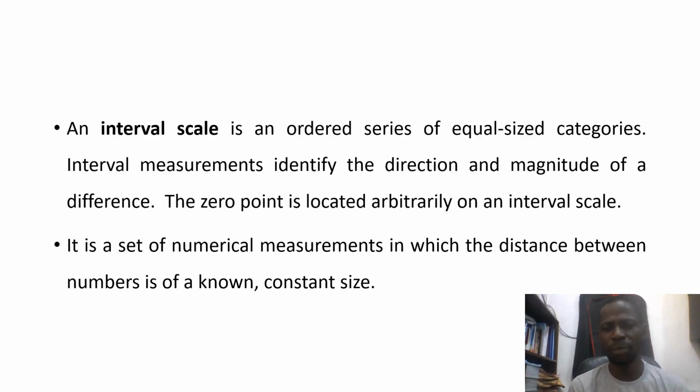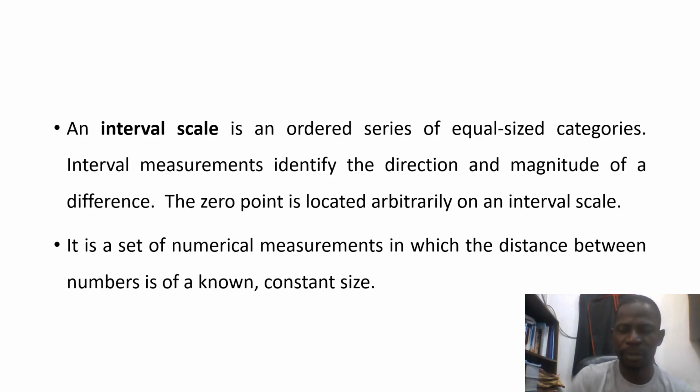So in addition to the base features of identification and ranking possessed by the earlier two, it also has the unique feature of equal size category. In addition to that, the 0 point is located arbitrarily on the scale. So if you say there is a 0 point on an interval scale, it is just arbitrarily assumed. It is a set of numerical measurements in which the distance between the numbers is of a known constant size. So that's what we mean by